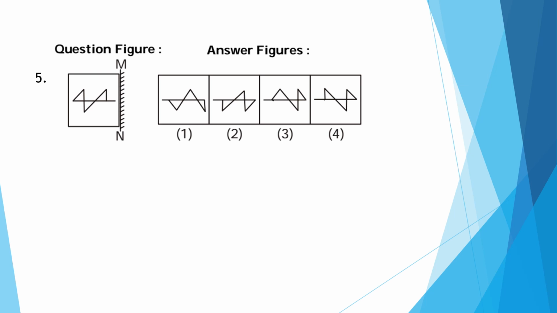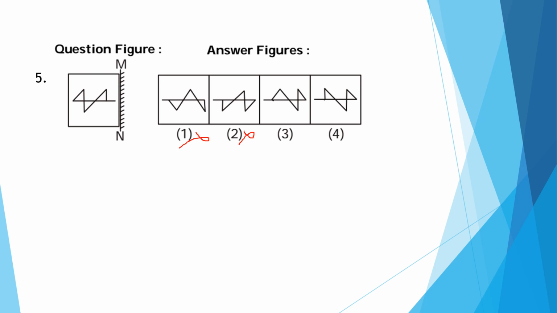Next, see here these lines. So find out the mirror image of this diagram. Here two waves are up. In this first diagram there is only one, so wrong. The second option is also not correct. In these 2, 3 and 4, two waves are up.